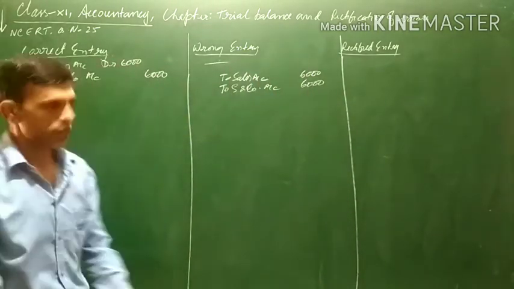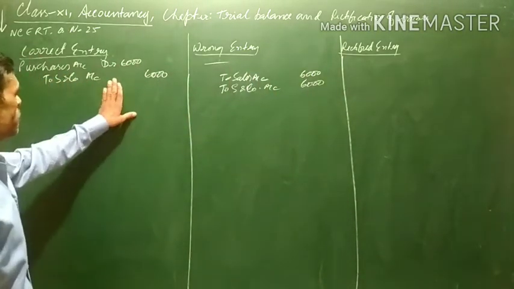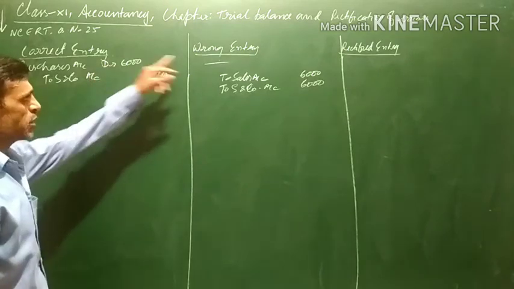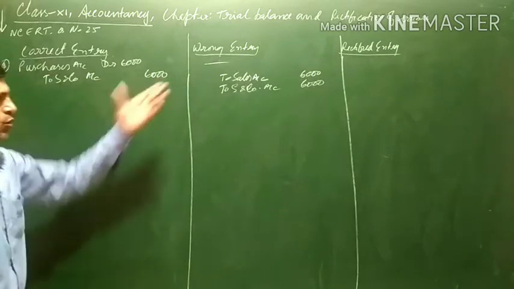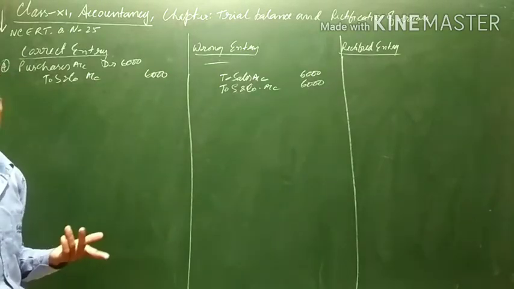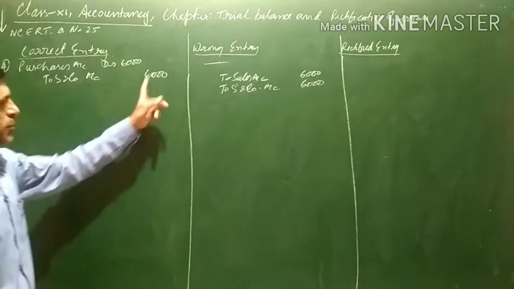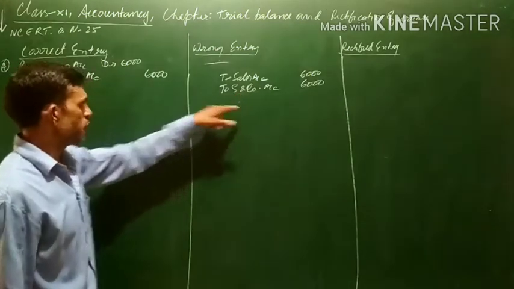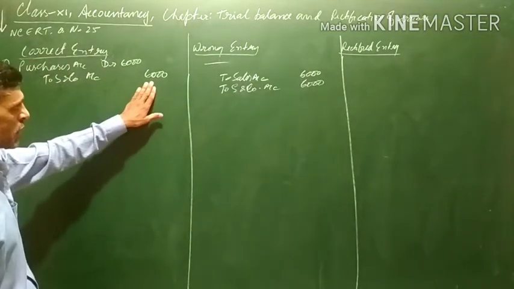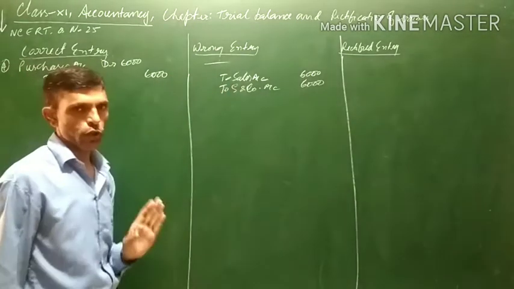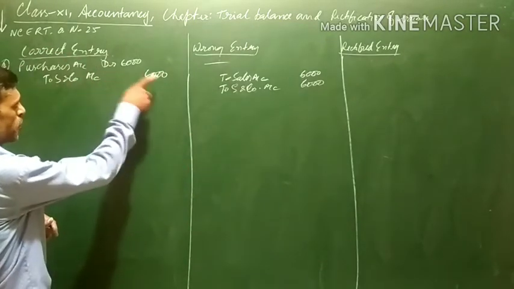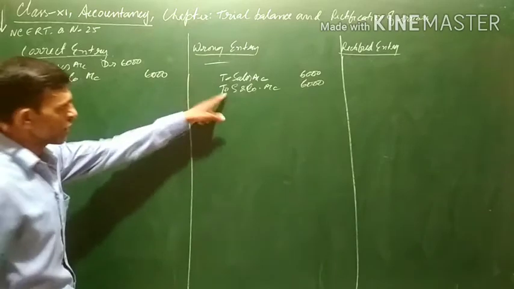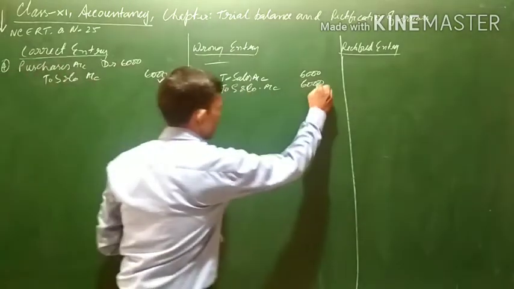This is the wrong entry. This is a purchase of 6,000, but it has been recorded in the sales book. As you know, sales is credited, so the sales account will be credited. Now, S and Company account should have been credited, and it has been credited also. In order to pass the rectification entry, first of all, you can see S and Company is to be credited. It has been credited also, so no correction is required in this part.